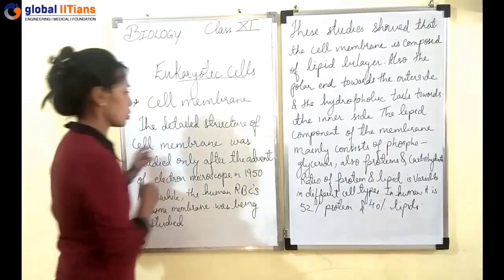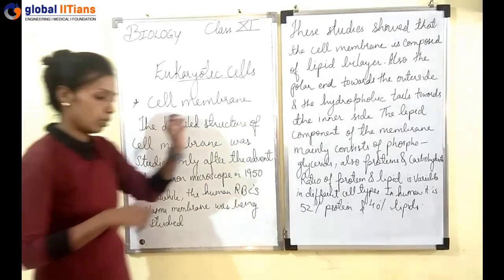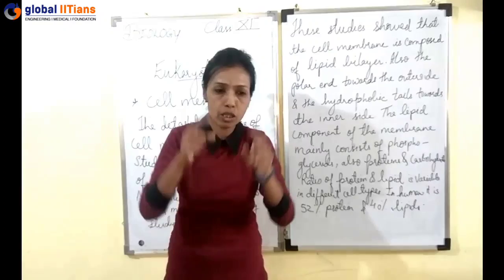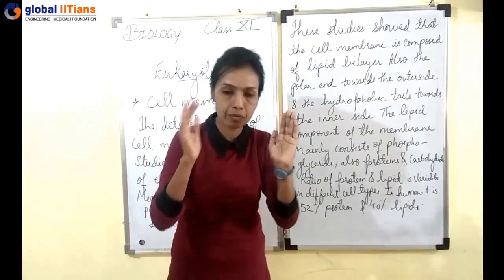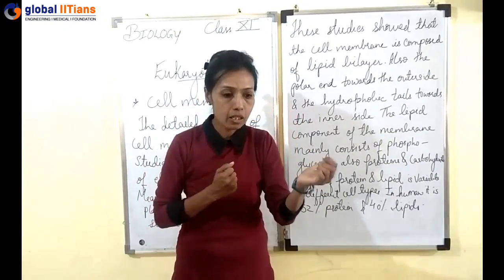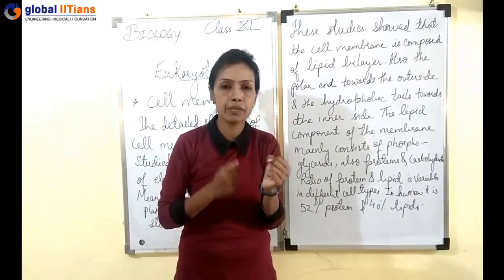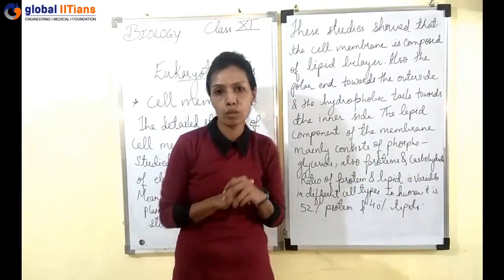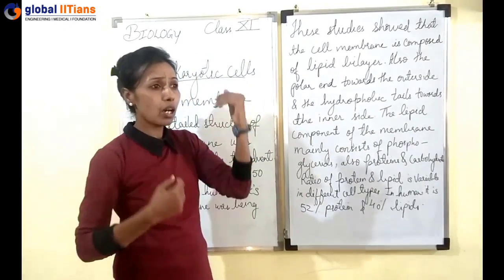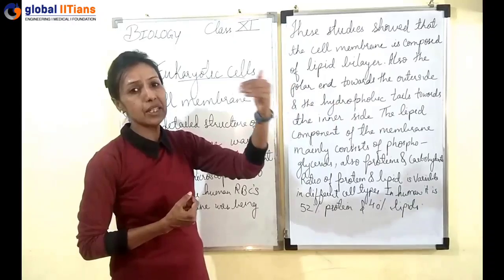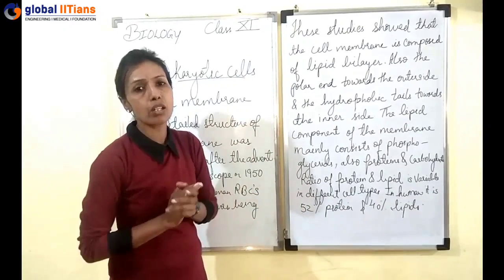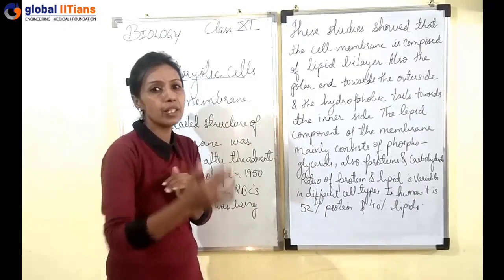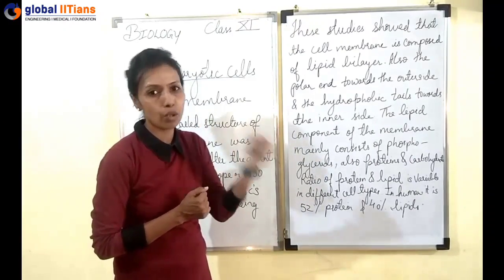Earlier, when the detailed structure of the cell membrane was studied, meaning what it is composed of, we learned the cell membrane is not just a barrier. No doubt it functions as a barrier, but the give and take of certain substances, and the composition of the cell membrane, really are important, students. Until 1950, the cell membrane was not really studied in detail because the electron microscope had not yet been invented.